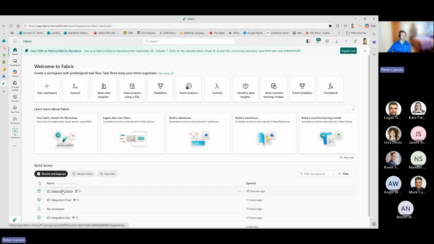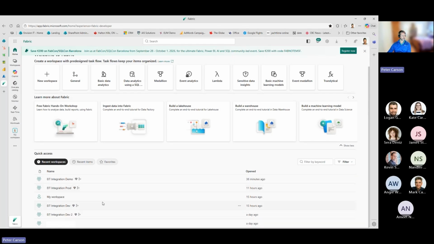So I've got a bunch of different workspaces that we've set up in here. And this is an important point. Actually, my next session is going to be talking about the software development lifecycle. Like, how do you build this from an enterprise point of view? You don't want to be building live in production and writing data back to live systems. You need sandbox areas to work on that. So we have an integration dev 2, our demo is the one that I'm going to be using, and our prod workspace. And we actually use Git as a source control to sync all this and move it between environments. So we're not going to go too far on that. We're going to talk more about that in the sessions in this series.